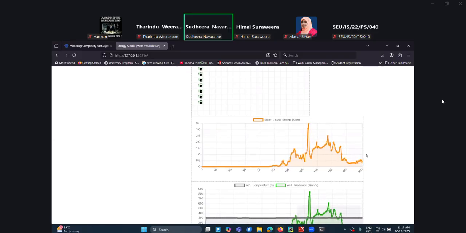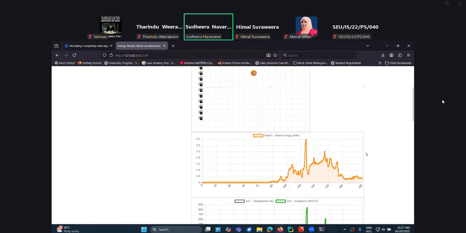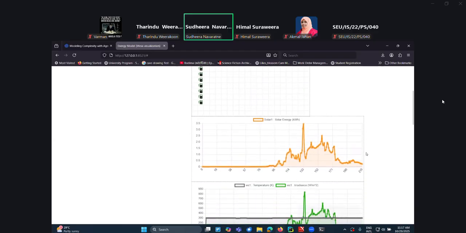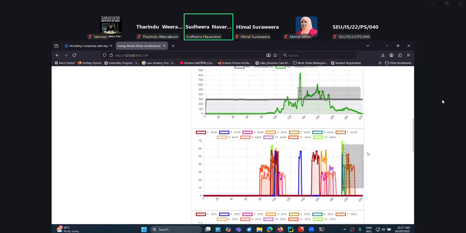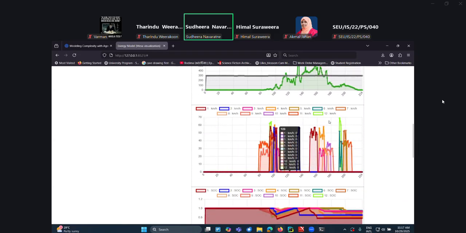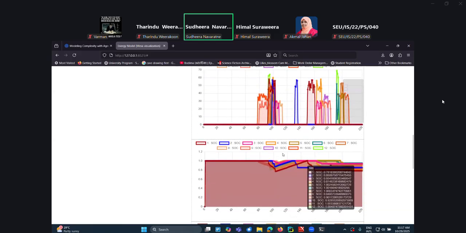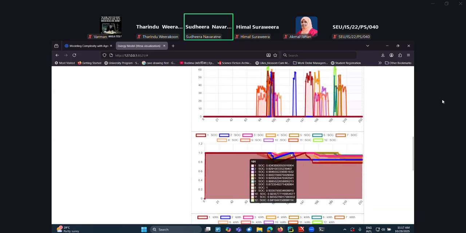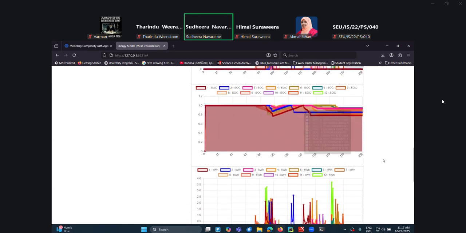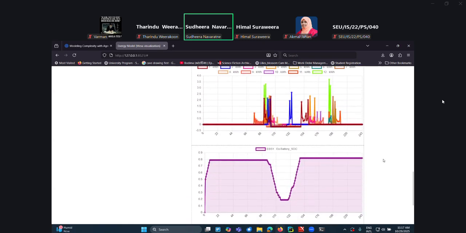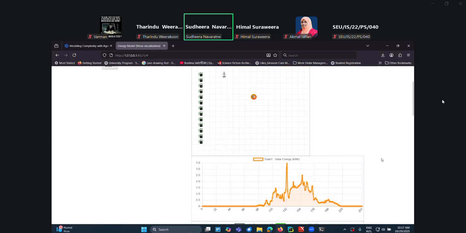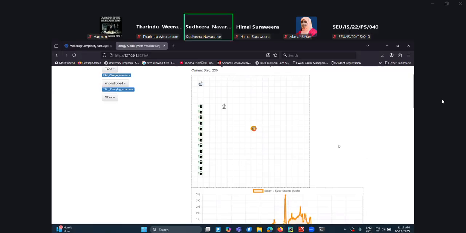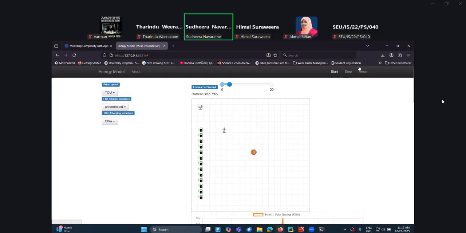You can use their APIs to get the real-time weather information and feed it into the system, so the system will run as close as possible to the real world scenario. You can see many different EVs coming and charging, and how the state of charge of their batteries will vary. You can simulate very complex scenarios by using a very simple set of agents. That's the beauty of this agent-based modeling.